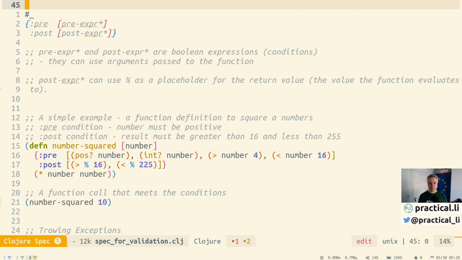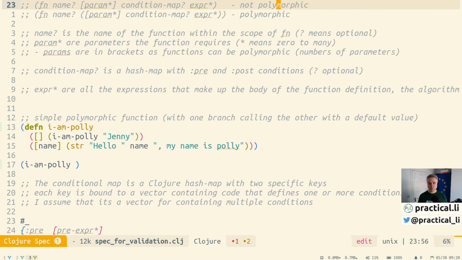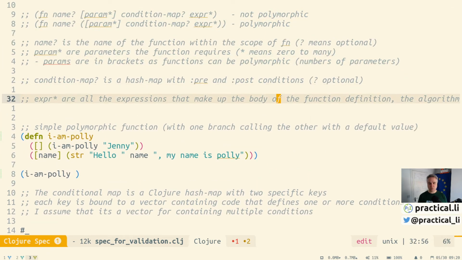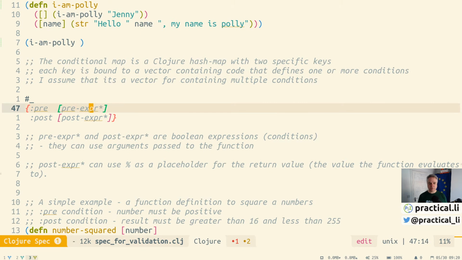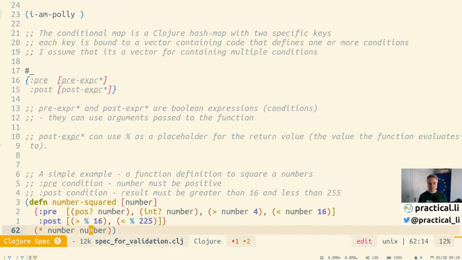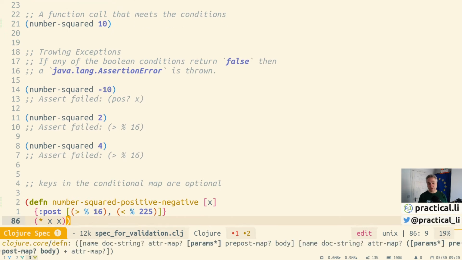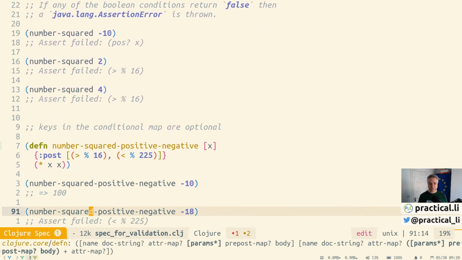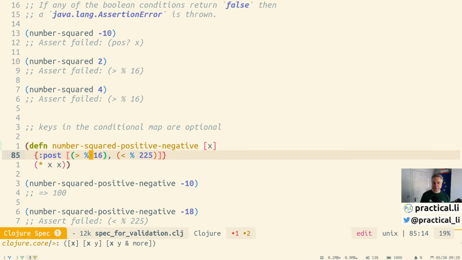Let's say that in the spec somewhere. Oh yeah, so we can have as many of these as we want in there, and they're optional as well. So we can include pre and post if we want to, or just include one of those, or include none of those. So in this case, we just want to check the results, make sure we're getting